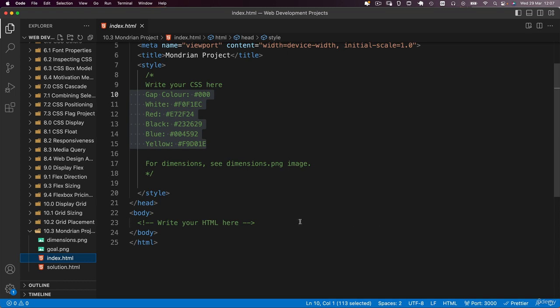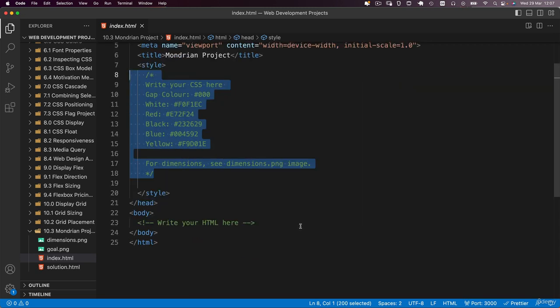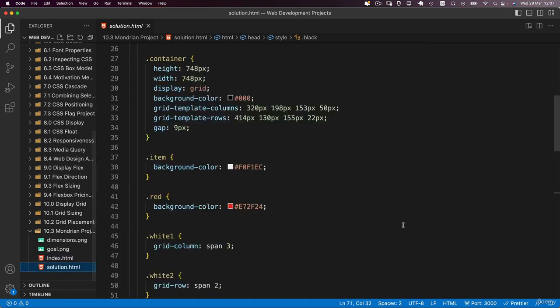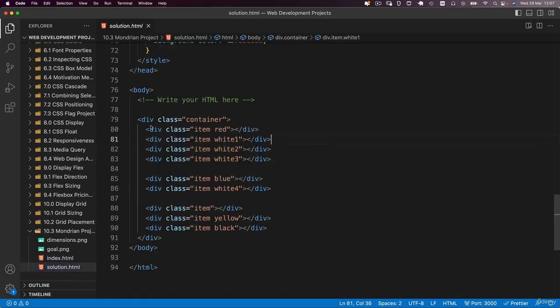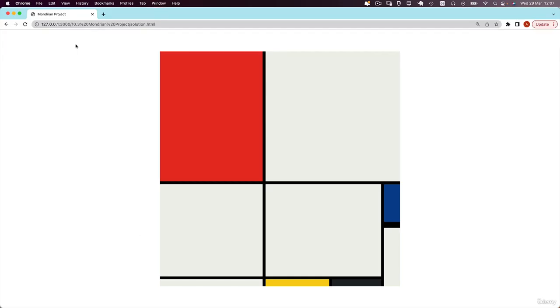All right, so the first thing you'll notice is that there's no HTML written for you and there's no CSS. So you're going to have to write everything completely yourself. If we take a look at our solution, you can see that we've created as many divs as there are squares on the painting. If I go ahead and show preview, and I open this up as a website, you'll see this is our final solution code masterpiece,